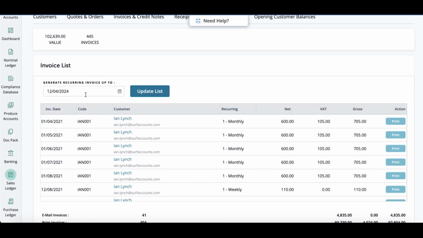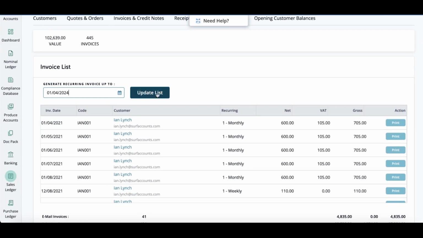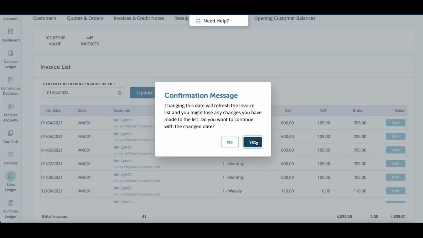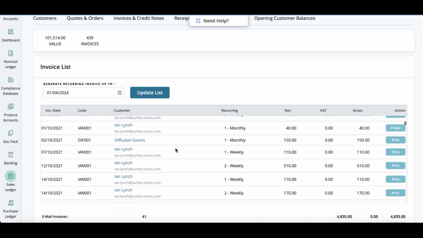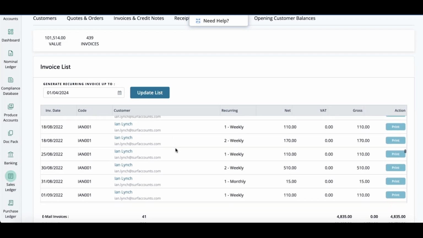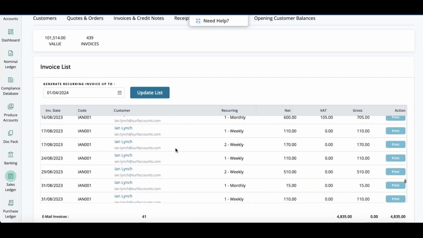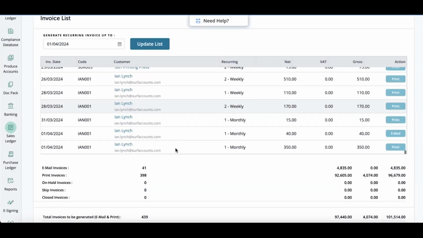You must select the date that you want them to generate up to. So as you can see, let's say I just put it to the 1st of April. Click on update list. And there we go. That'll bring in all invoices that are going to generate up to the 1st of the 4th, 2024. If I scroll all the way down, because I have a few invoices that are going to be posted, if we get up to 2024,